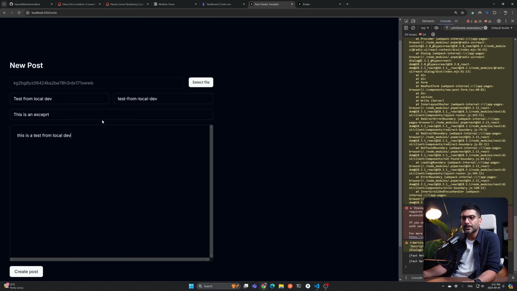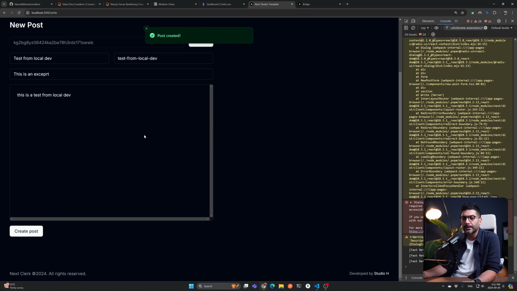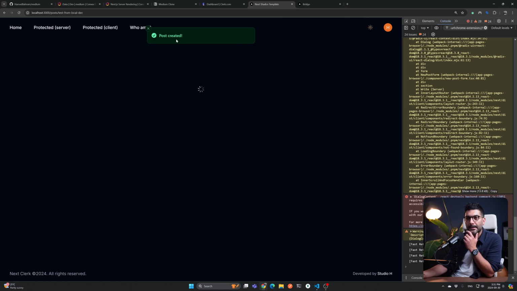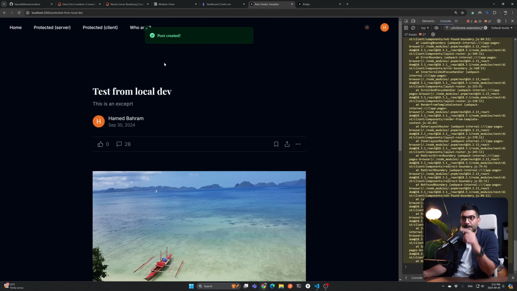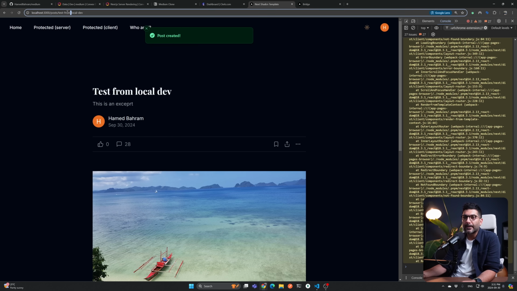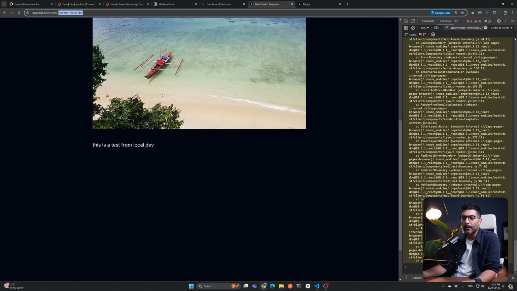So I have the image, the title, slug, and excerpt. So let's create the post. Post is created. It redirects us back to the dynamic slug page with the slug. And now we see our post. Well, we obviously didn't have much inside the editor, but this is the editor in a read-only version. You can see I can't do anything with it. It's just a read-only version